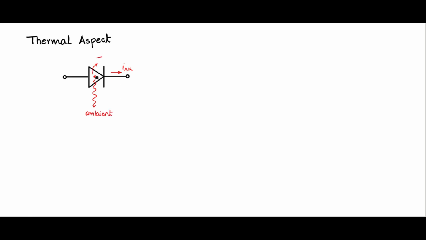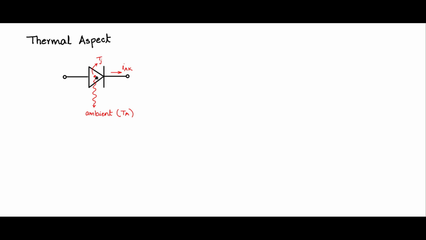If you say the innermost part, the junction, is at a junction temperature Tj and the ambient is at Ta. Ta can even mean the room temperature, so this could be somewhere between 25 and 50 degrees centigrade. Tj is the junction temperature, which can go even up to 150 degrees centigrade, but one should not go to such high junction temperatures. It will be on the verge of damaging the device. So it must be much lower than 150 degrees centigrade. Probably 120 degrees centigrade is what we may have to limit it to. So this is the junction.